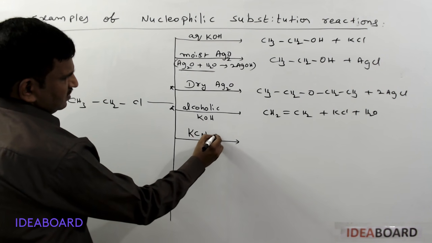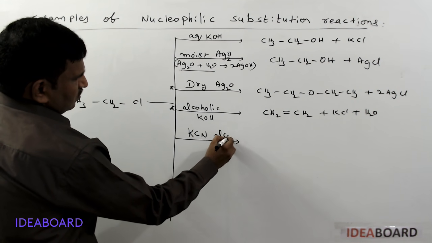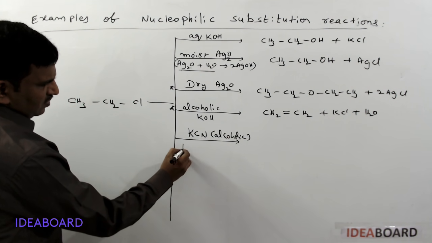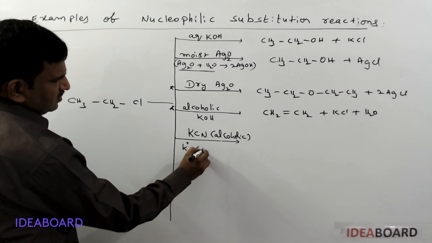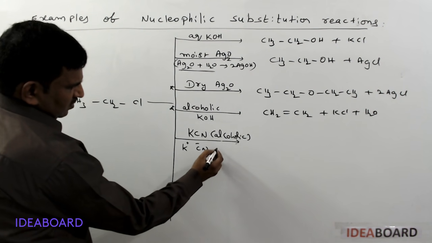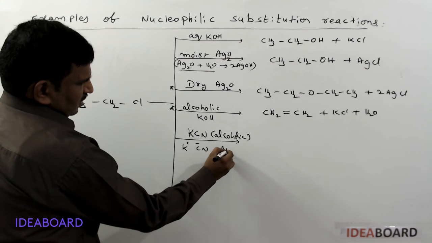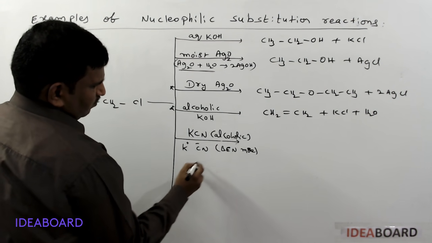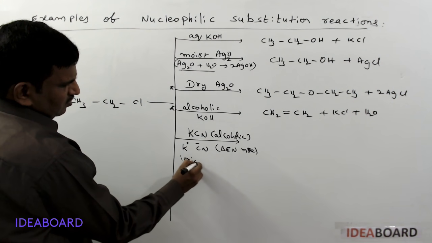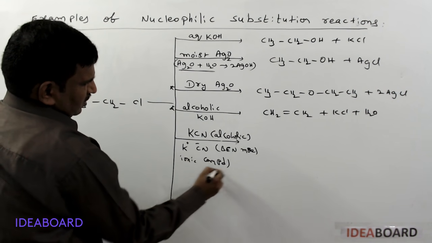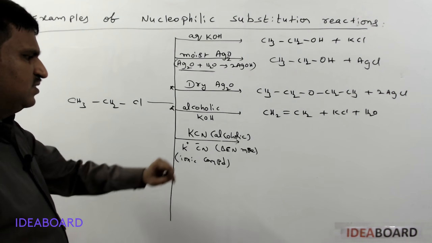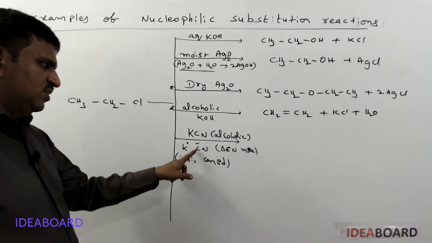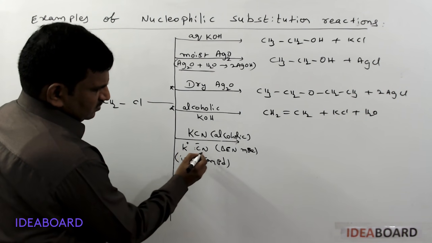Here, if you are taking alcoholic KCN, KCN is present as K+ and CN−. Delta EN, the electronegativity difference, is more, so this is an ionic compound. KCN is an ionic compound, so the bond between K and C is an ionic bond, and so the CN− ion has a carbon with a negative charge and a lone pair.